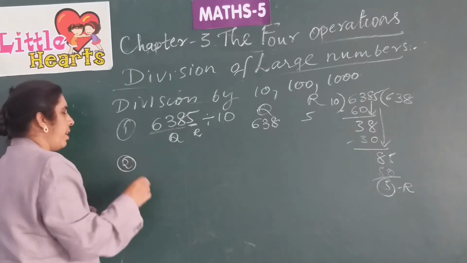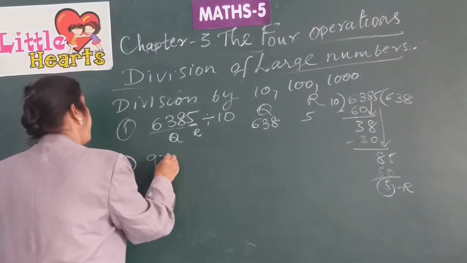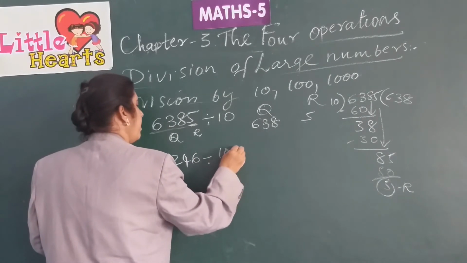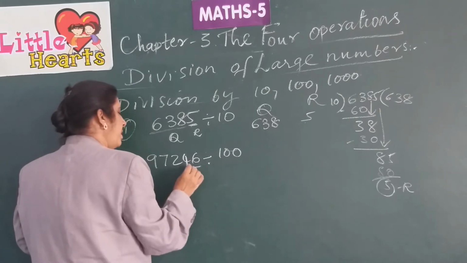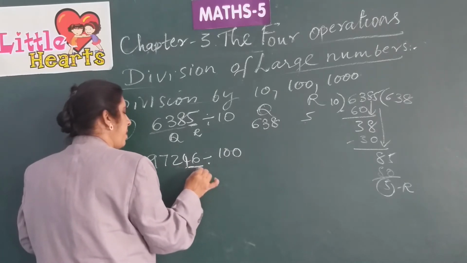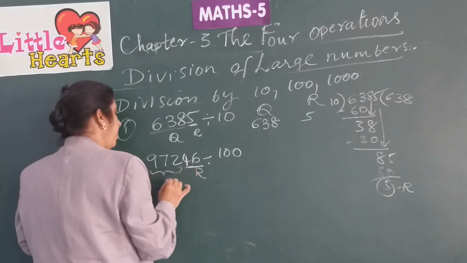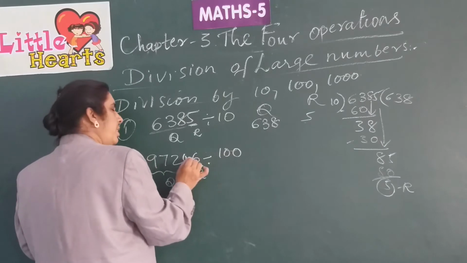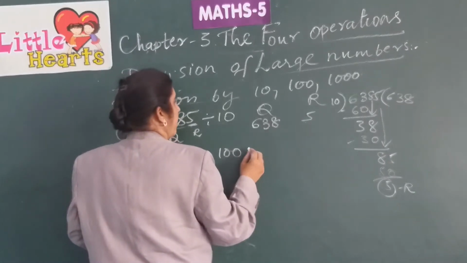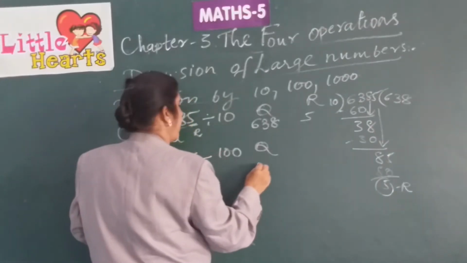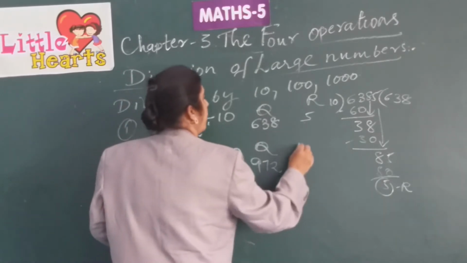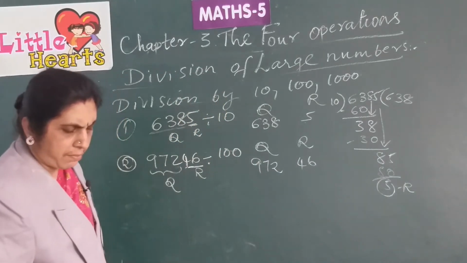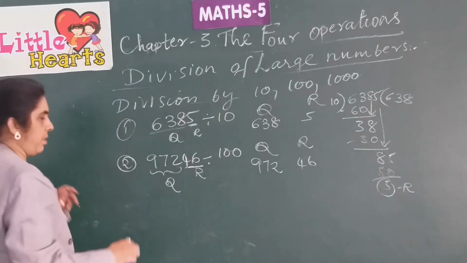And in the same way, when any number is divided by 100, the ones and tens place digits will be the remainder and the remaining will be the quotient. As 100 has two zeros, these two digits will be the remainder. Quotient equals 972, remainder equals 46. When any number is divided by 1000,